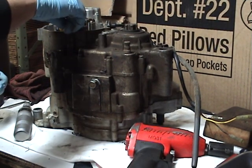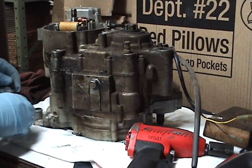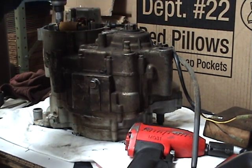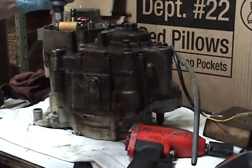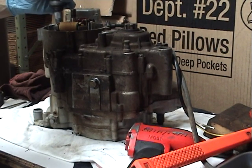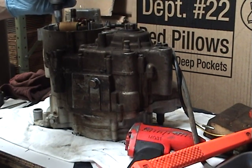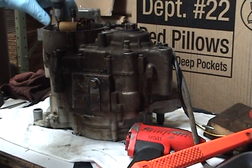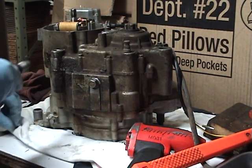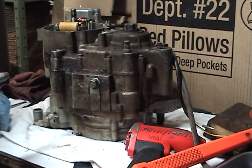Most of the stuff uses 8mm, works a lot better. Some of these can be pretty stubborn. We're going to give one a tap here. Looks like these have been loosened before. What you want to do is get a micro torch if they don't come out real easy. They're going to have some